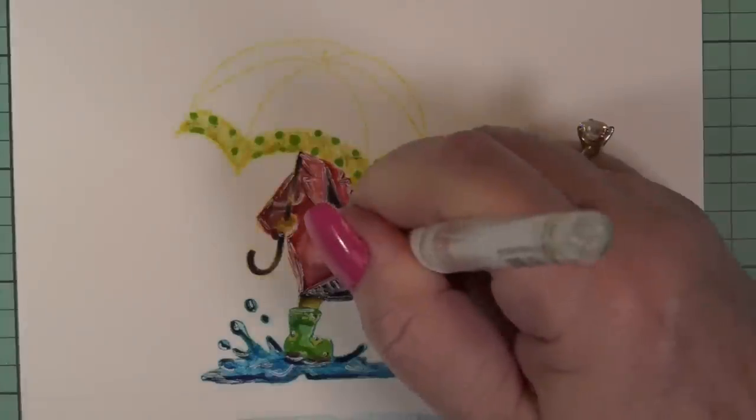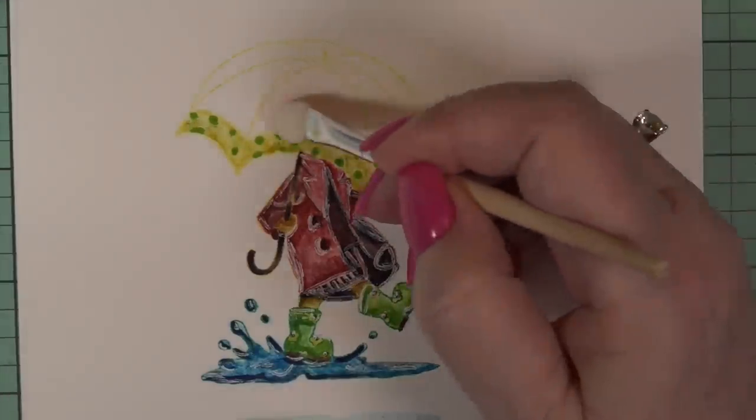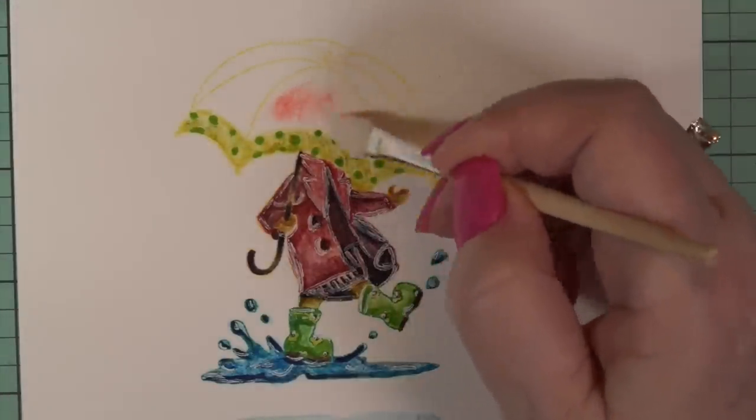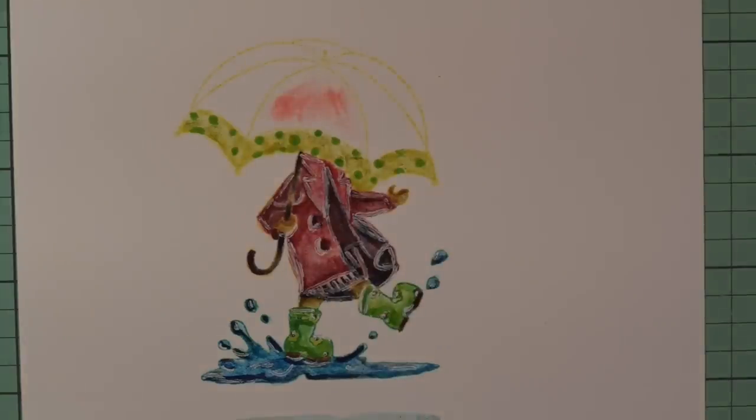You know, the kind where you had the matching coat and the inside of the beautiful silk would be a different pattern on your little jacket. I love those. Yes. So here I thought, okay, why don't I try, because I'm making an umbrella and it